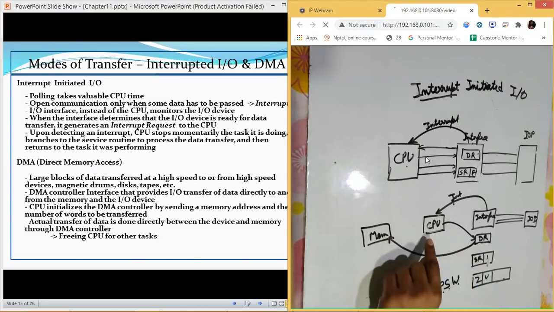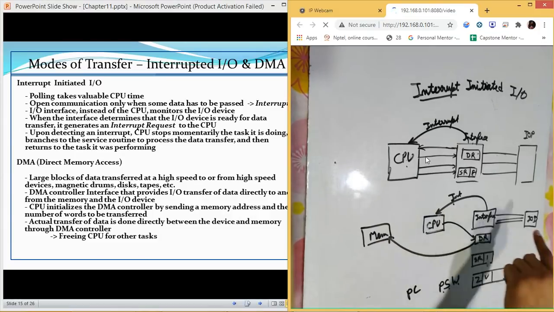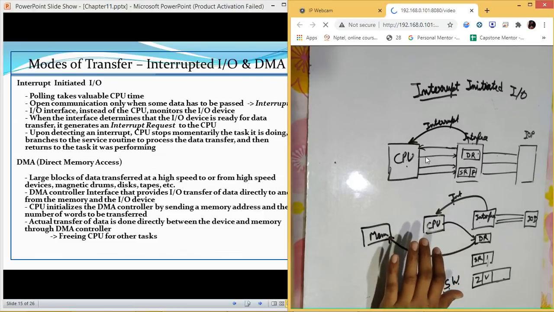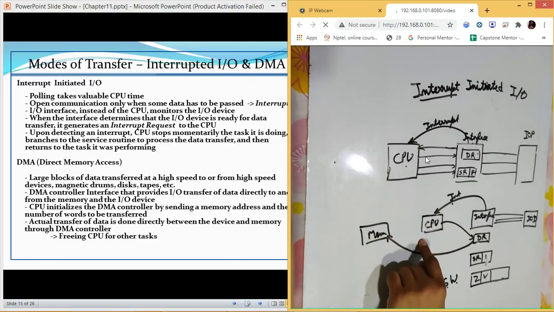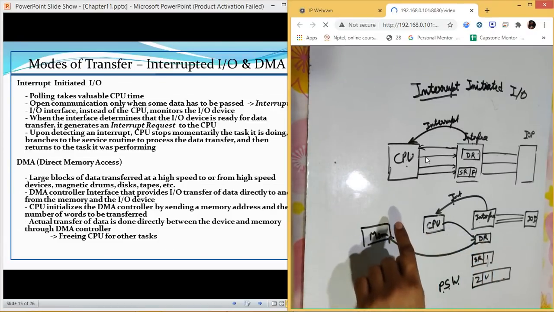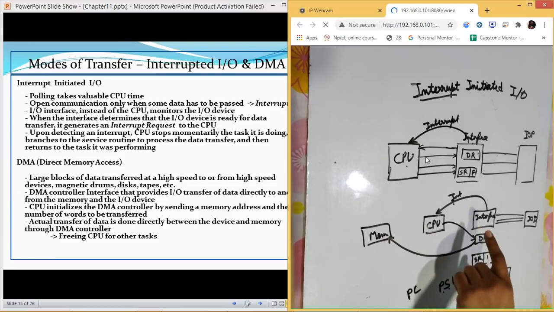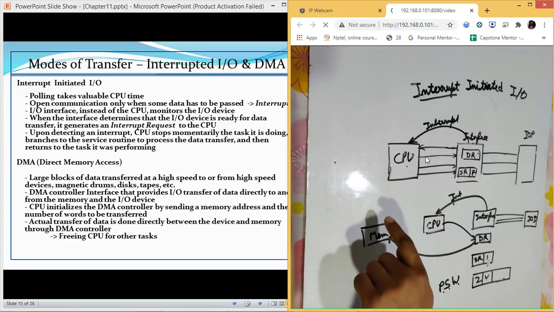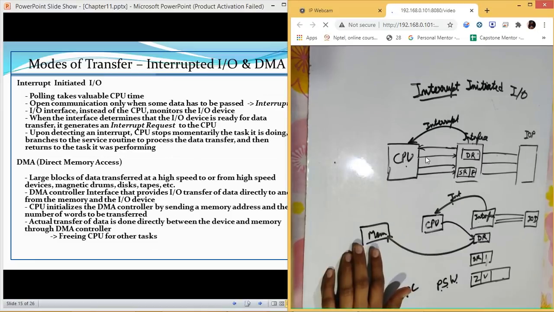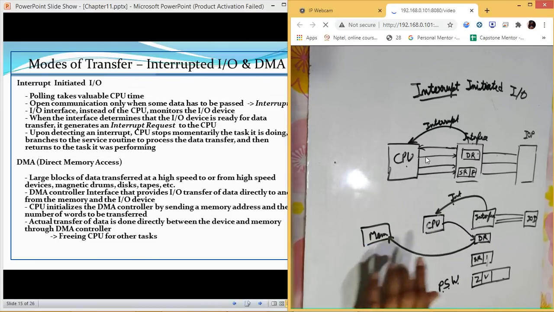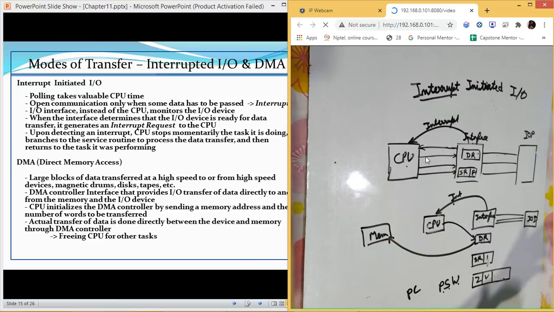Why? Because CPU has to intervene in the process of input output. So how great it will be if we are able to eliminate CPU from performing this task, getting an interrupt, sending the data from DR to memory. So if we can release our CPU from doing this task, it will be a better thing for us. So for this, they introduced a new mechanism which was known as DMA.